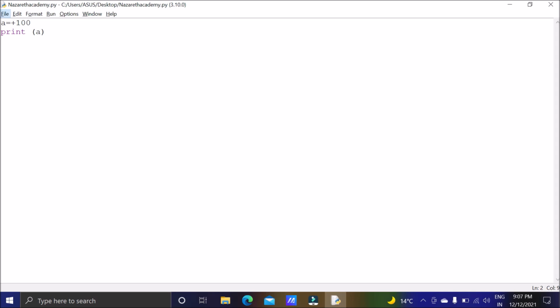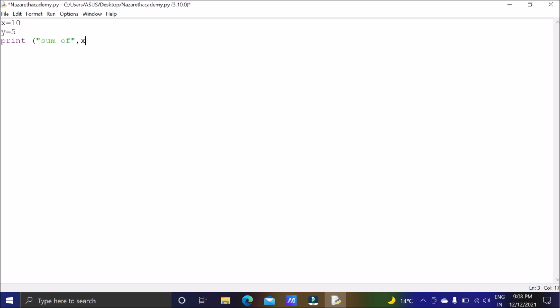Now let's use all the operators at the same time. Suppose I have taken two values, x as 10 and y as 5. Now I want to print, first of all, the summation. So I will write "sum of", this is my message. After that I want to show the number.